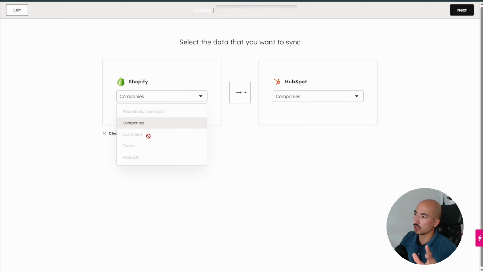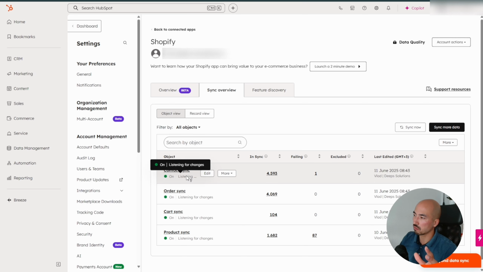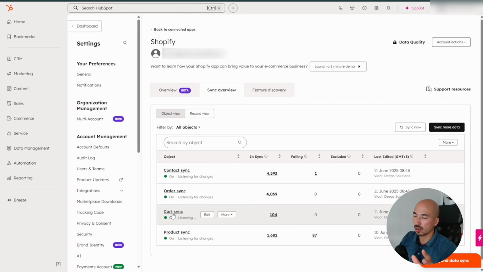And here you can synchronize several different objects, namely customers, orders, companies, and abandoned checkouts. Mostly what you're going to benefit from most is synchronizing contacts, orders, carts, and products. But actually for the things that I will be showing you in this video, you just need to synchronize contacts